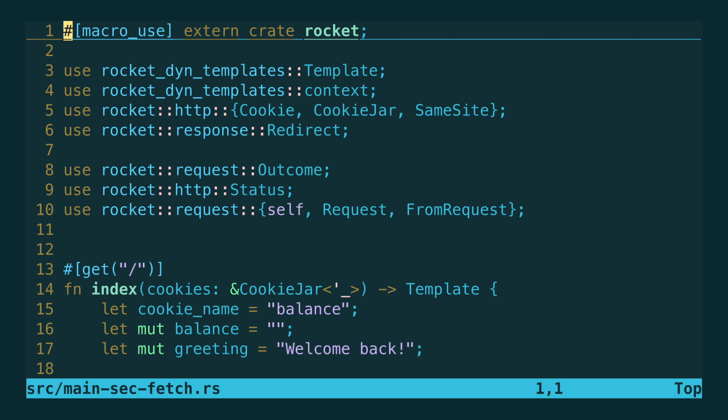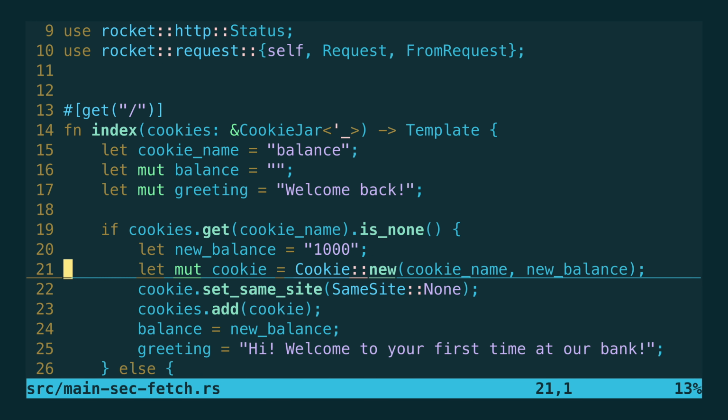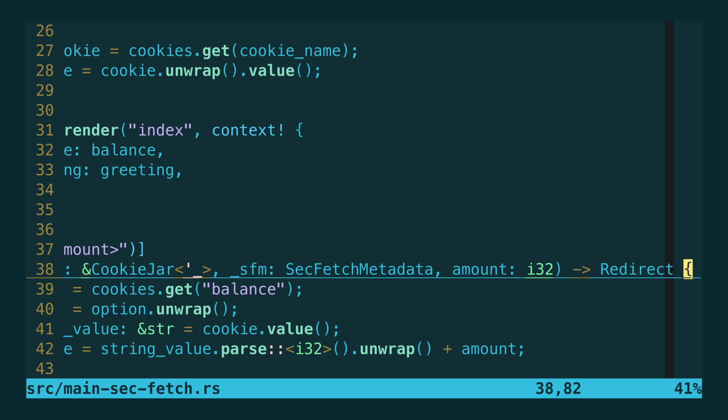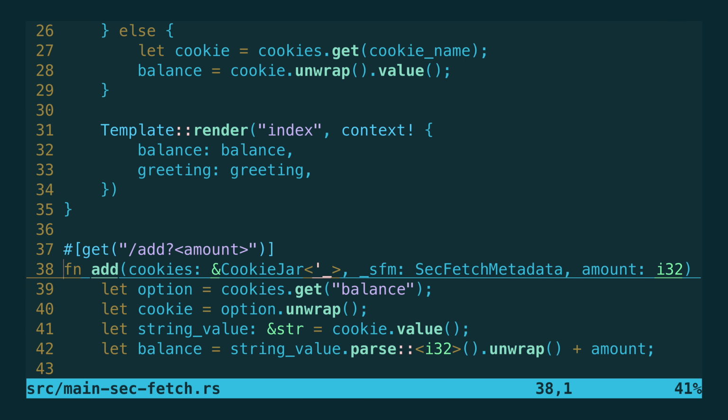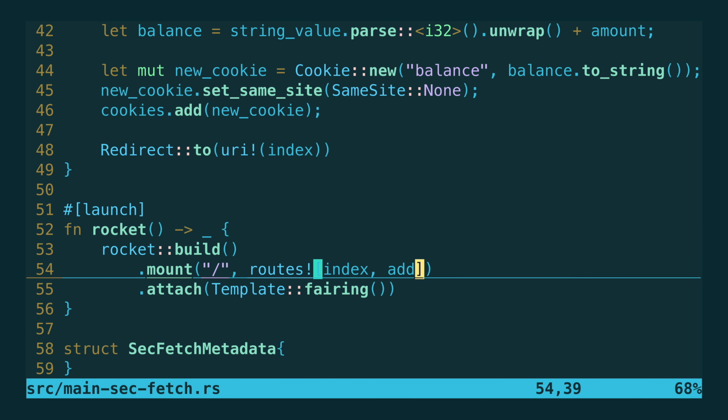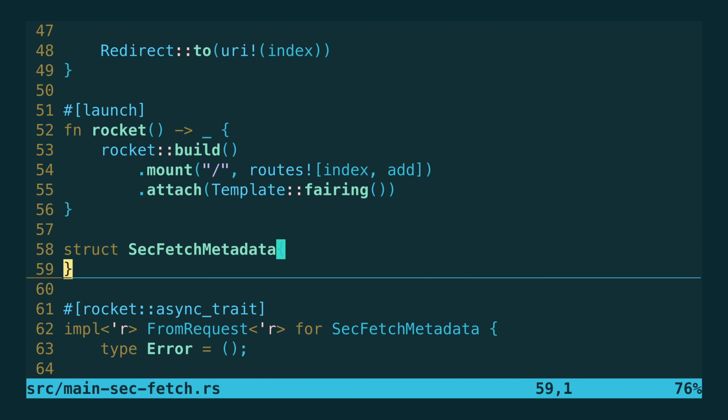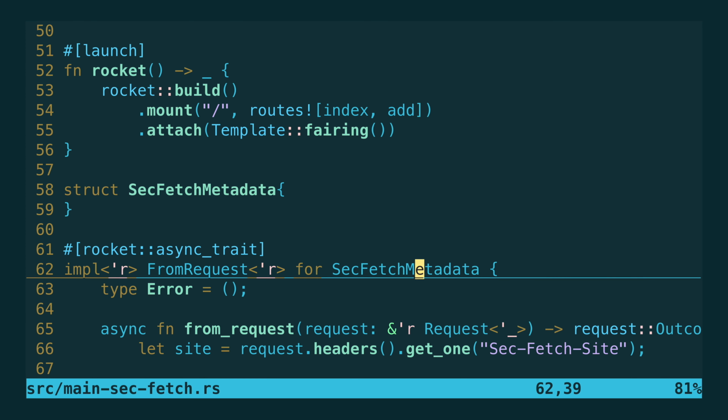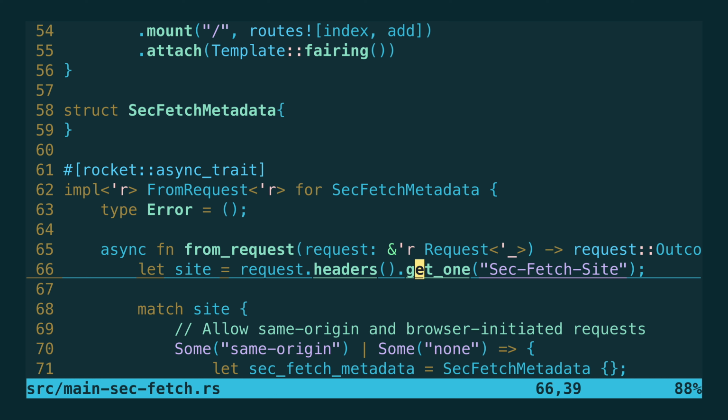And we can implement some checks in our app to verify these Sec-Fetch headers. In the Rocket framework, this is as simple as adding new parameters to your request. So I've added to the request for our add route a SecFetchMetadata variable, as you can see here, of the SecFetchMetadata type, which is a type I've created myself, and it's actually just an empty struct. But then we can implement a FromRequest for this type, and in this from_request function, I'll get the